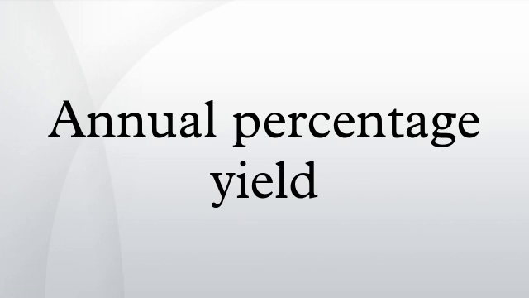APY generally refers to the rate paid to a depositor by a financial institution, while the analogous annual percentage rate refers to the rate paid to a financial institution by a borrower. To promote financial products that do not involve debt, banks and other firms will often quote the APY. For example, a CD that has a 4.65% APR, compounded monthly, for 8 months would instead be quoted as a